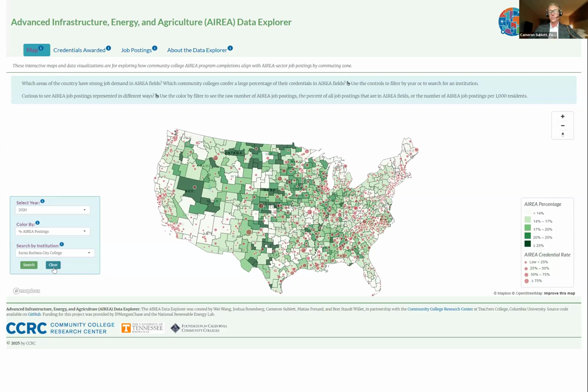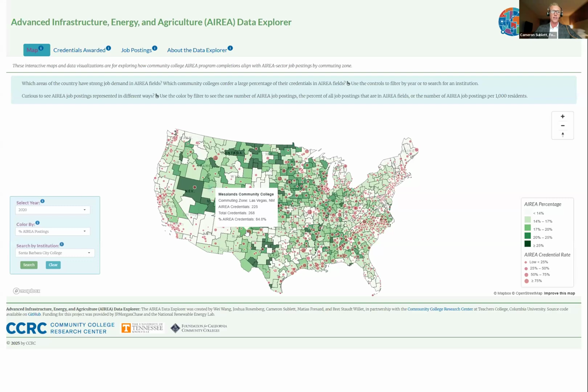Another way of searching or drilling down on the data we provide on the Map tab is by investigating the different bubbles, the different institutions or community colleges. This particular bubble is quite large relative to the others. Hovering over it reveals that it's Mesa Lands Community College, located in the commuting zone of Las Vegas, New Mexico. And in the year 2020, it had an area credential concentration completion rate of 84%.